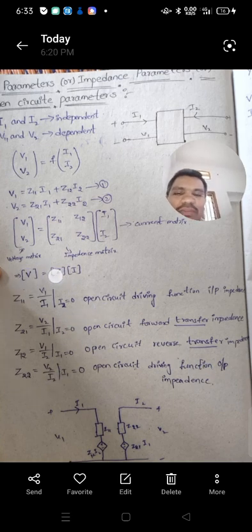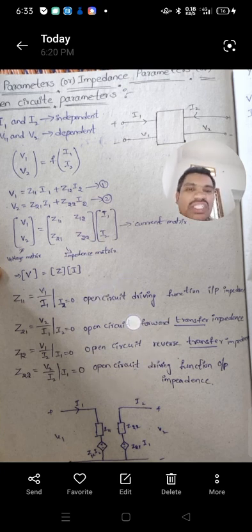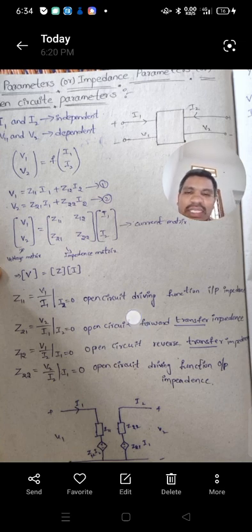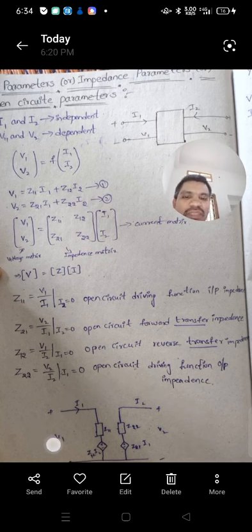So these four terms are called the Z parameters or impedance parameters, and also they are called the open circuited parameters because the circuit is always operating on the open circuit. Because the first time we make I2 equal to 0, and the second time I1 is equal to 0. That's why the circuit is called the open circuit. Then again from these parameters we will construct the circuit of the Z parameters.